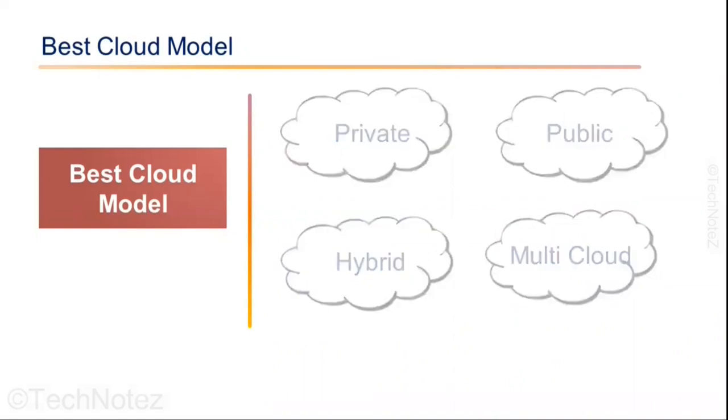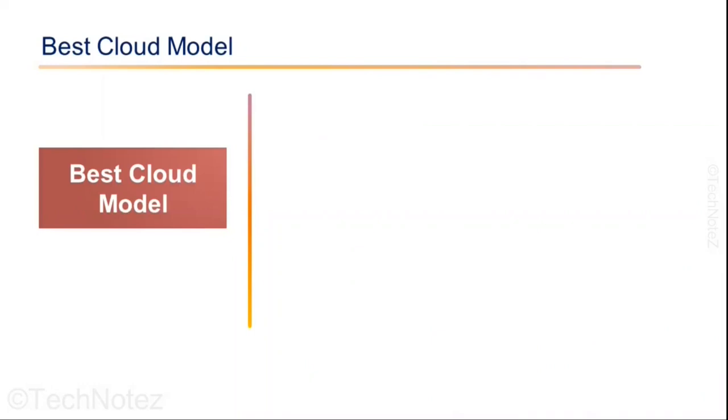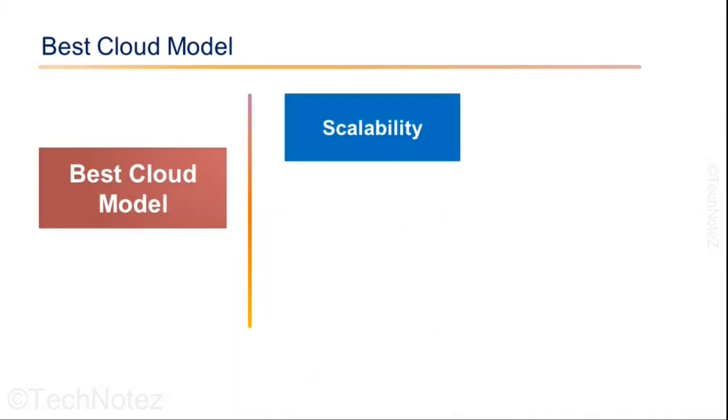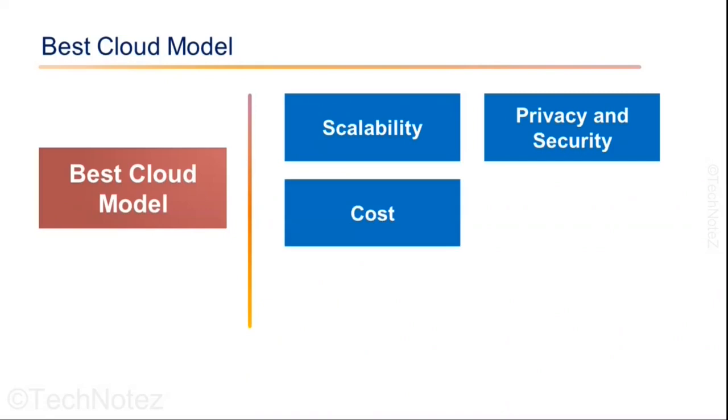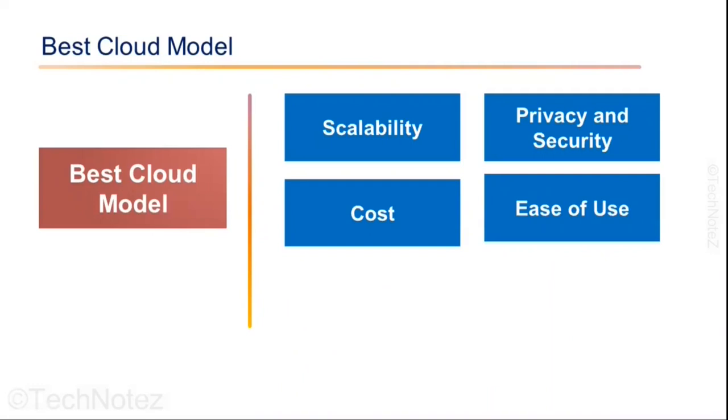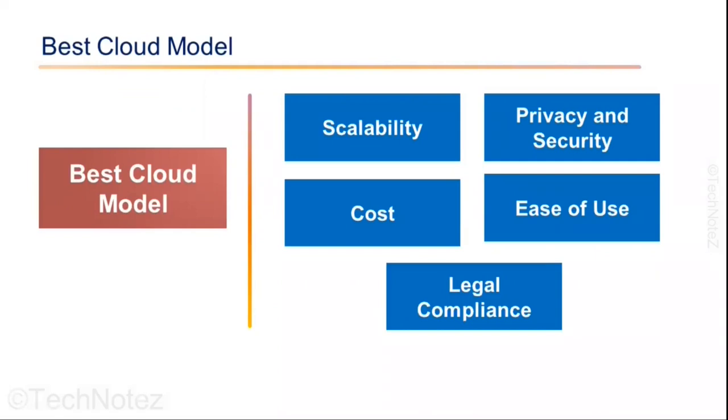You can select the right cloud computing model based on scalability. You need to check if your users' activity is growing quickly with spikes in demand. Privacy and security. Select a service provider that protects the privacy and security of your sensitive data. Cost. You may decide how many resources you need for your cloud solution. Ease of use. You may select a model which is easy to deploy and use for the organization. Legal or compliance. You need to check whether any specific laws stop you from selecting a specific cloud deployment model. So you need to choose the right cloud deployment model based on your organization's strategy and your business requirements.